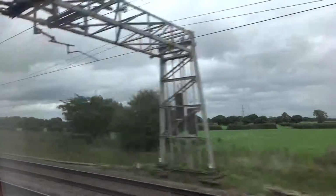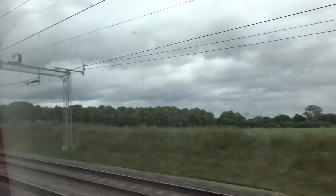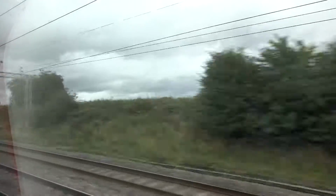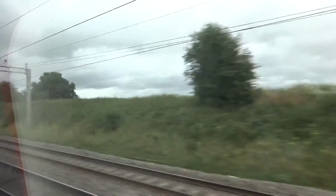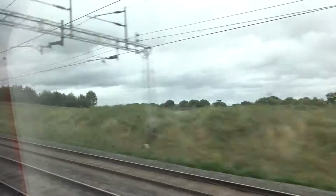So we're now going along the West Coast Main Line, one of the few four-track lines in the UK, through some rather boring Cheshire countryside before we branch off. The junction where the Liverpool line branches off was always very interesting to me as a kid, because for some reason